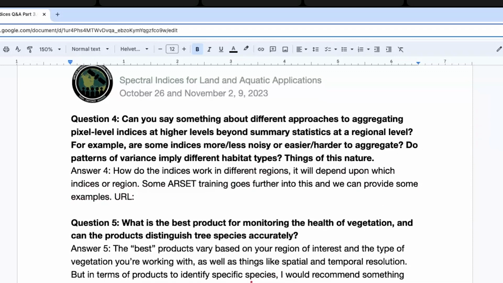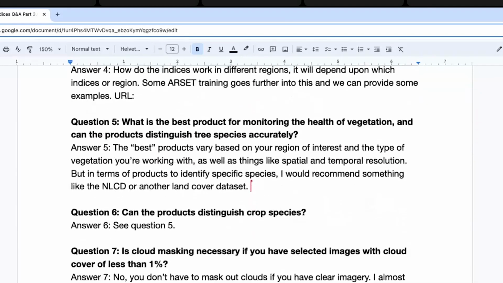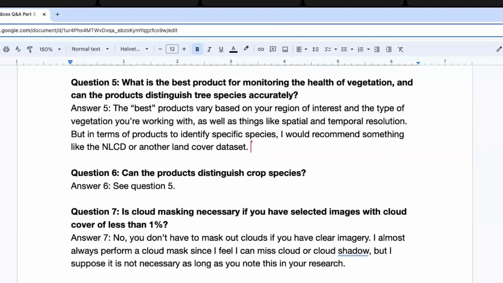Okay, on to question 5. What is the best product for monitoring the health of vegetation, and can the products distinguish tree species accurately? So I said that the best products tend to vary based on your region of interest and the type of vegetation that you're working with, as well as things like the spatial and temporal resolution of whatever data you're working with. But in terms of data products themselves to identify specific species, the first thing that comes to mind is